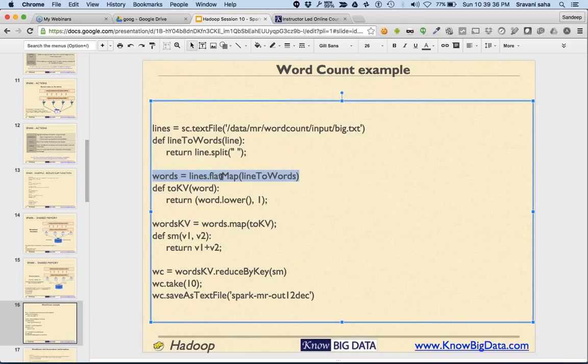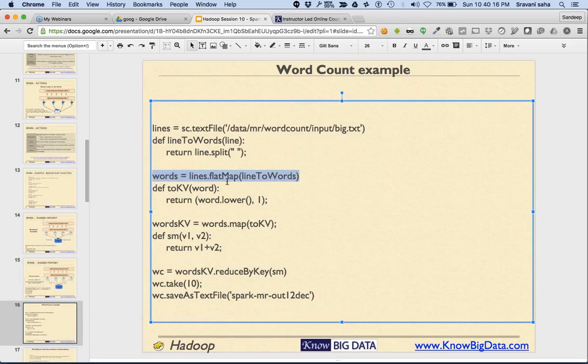Flatmap converts one element into many. The usual map function generates a new RDD of the same size as the input RDD, but flatmap can convert a single value into many values. So here, a single line is being converted into many words using flatmap.